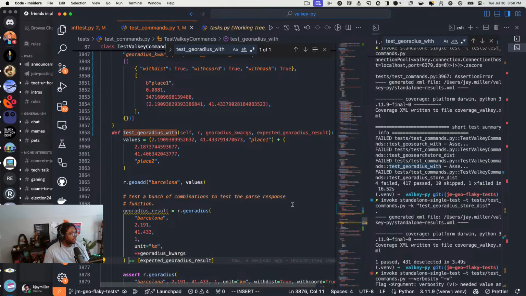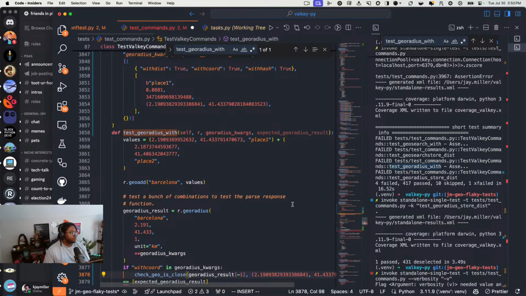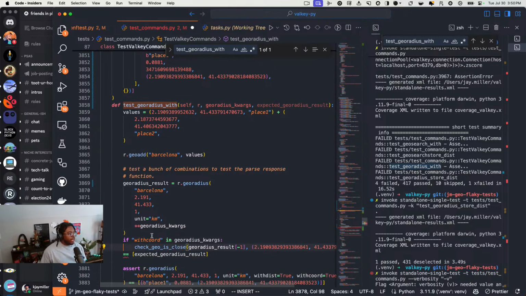Before we do that, we can say if with dist, no, with chord in georadius quarks, check if georadius result -1 is equal to that. That's like exactly what we want, because what this does now is this says if you've added with chord,